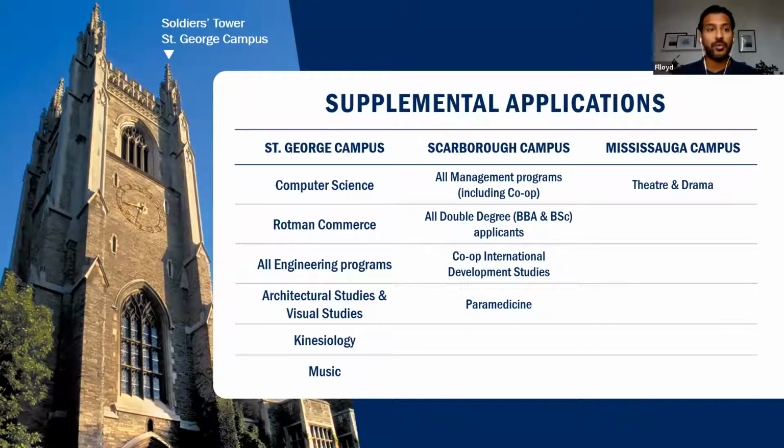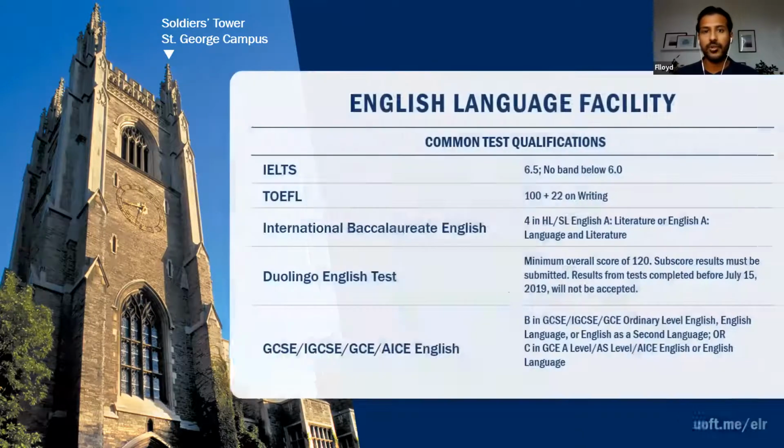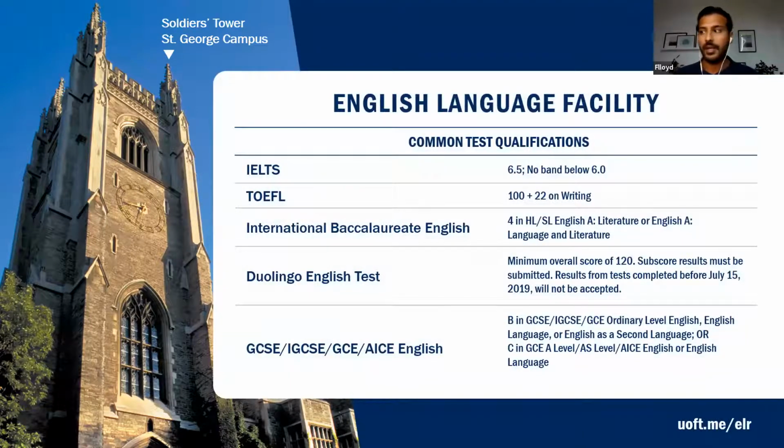For the programs that are on your screen right now, they do have supplementary applications, and these supplemental applications take a variety of forms. They could be a written response, they could be a video response. If you were going into music or theatre and drama, I would expect an audition because there is an audition. The supplemental applications are typically looking to know a little bit more about you and your fit within that program and area of study. These will be linked in your Join U of T portal. If you want to get a little bit of a head start, be sure to check out the sessions for the divisions that you're interested in so that you can learn more about their supplemental applications later today.